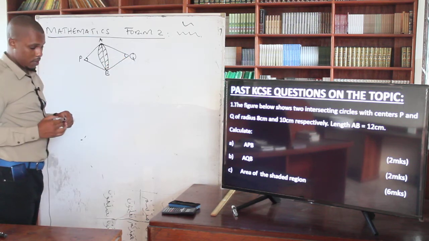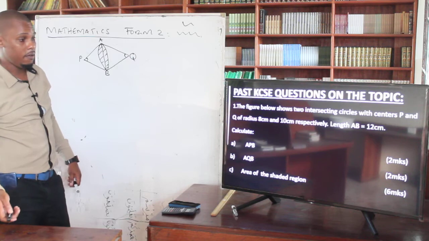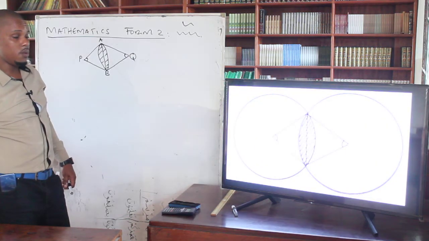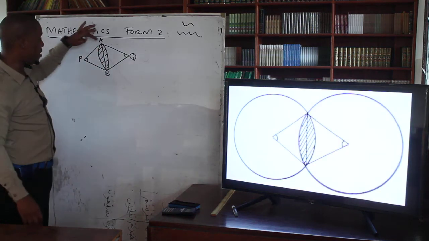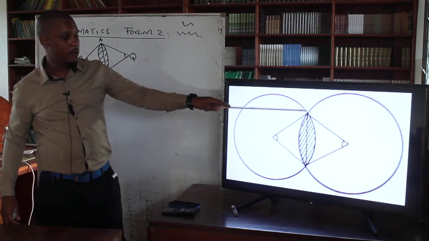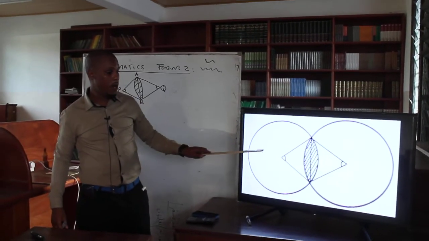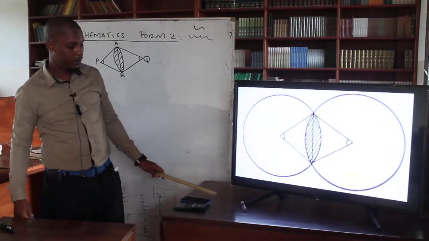These are the circles, as you can see, giving you the focus on that diagram. It was not labelled in the question, which is why I'm insisting on this. This is our A, here we have our B, here we have our P, and here we have our Q.